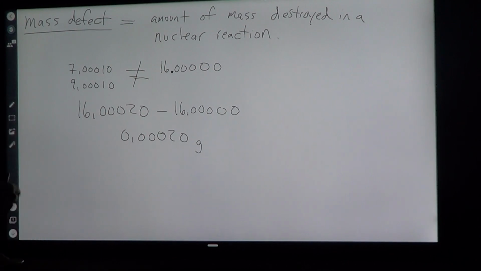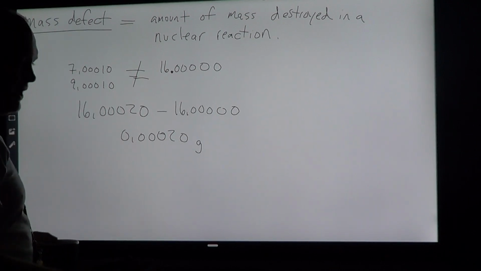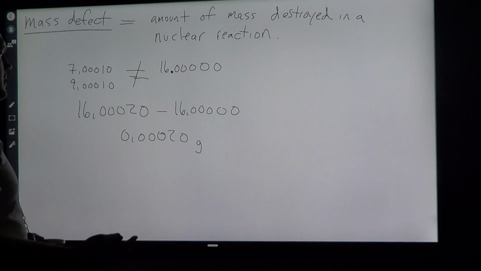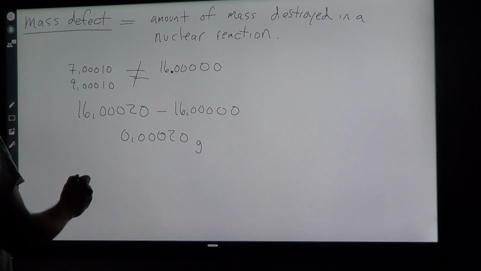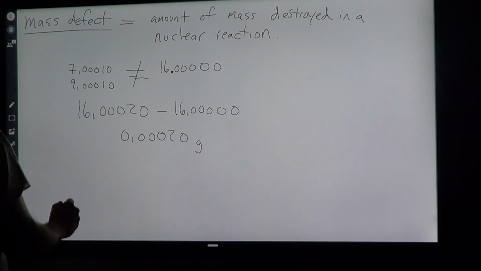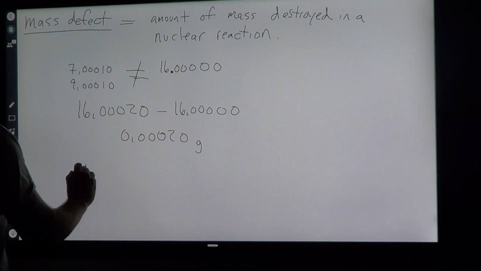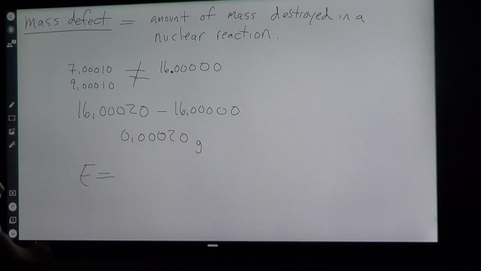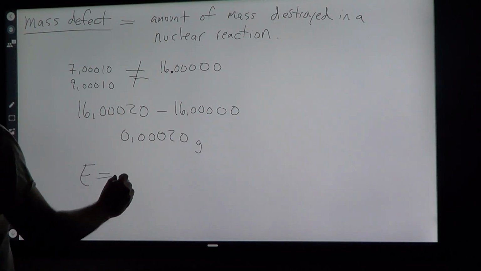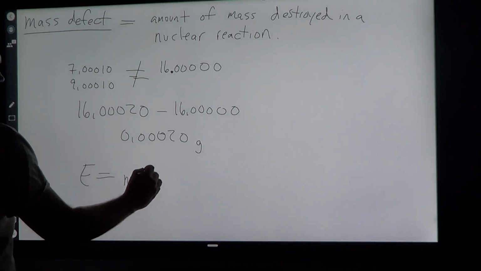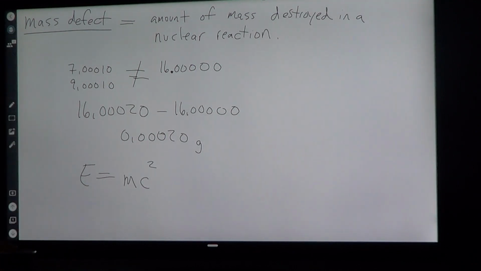But in a chemical or physical process, there is zero energy being created by destroying mass. And Einstein coming up with this equation and figuring it out was amazing back in the 1900s. He figured out that the energy created by a substance is always its mass times the constant speed of light